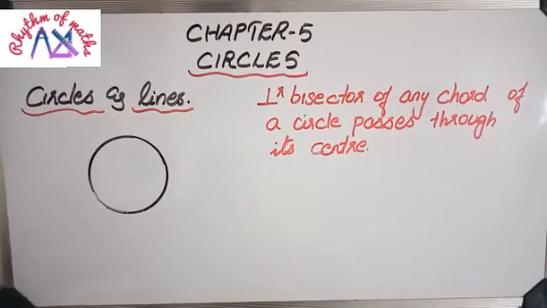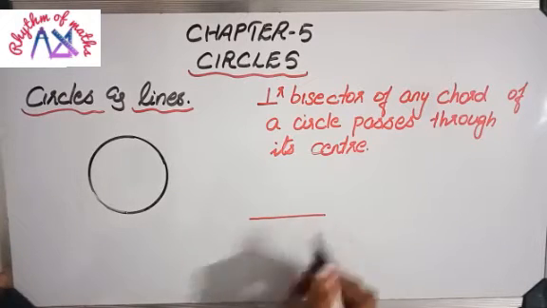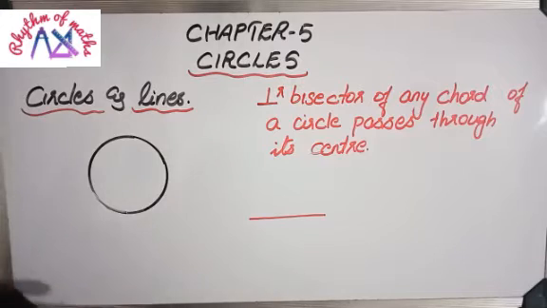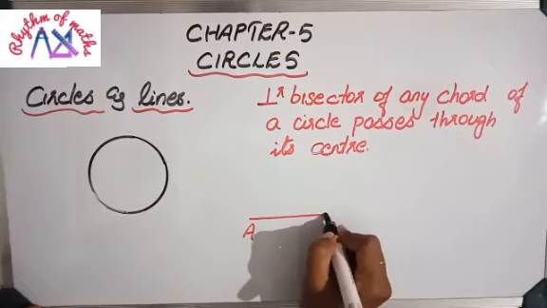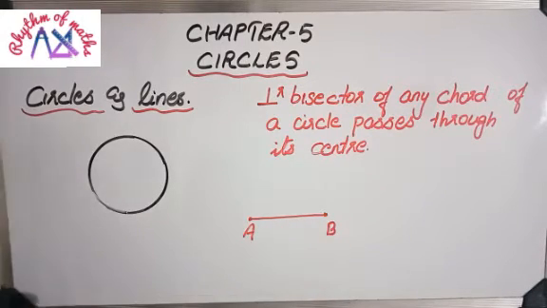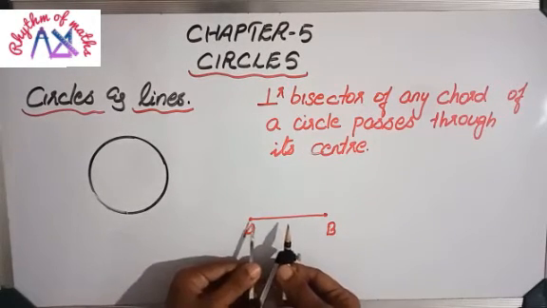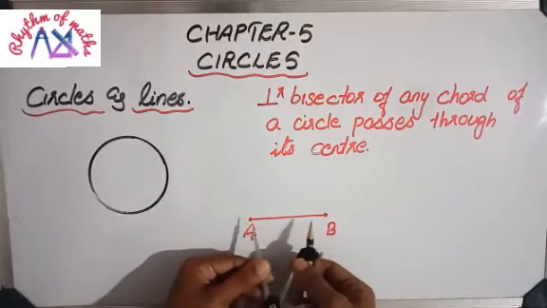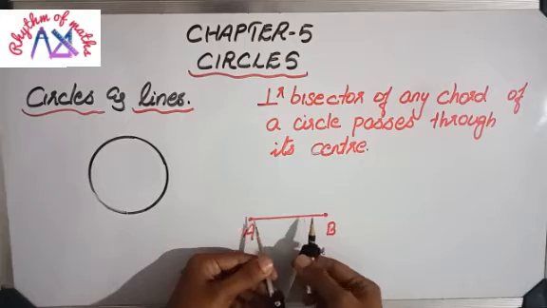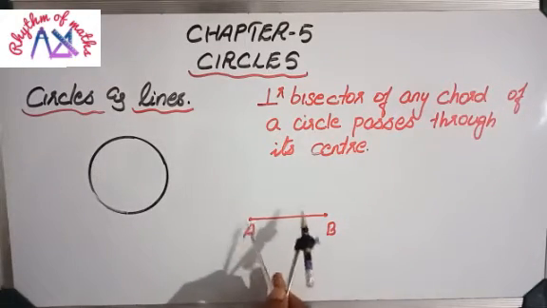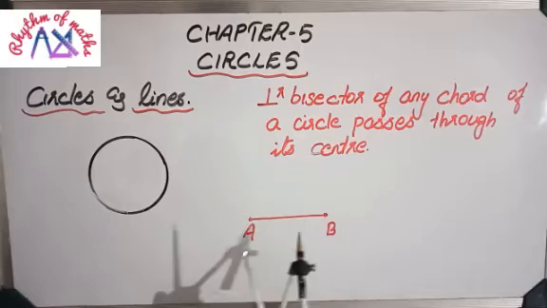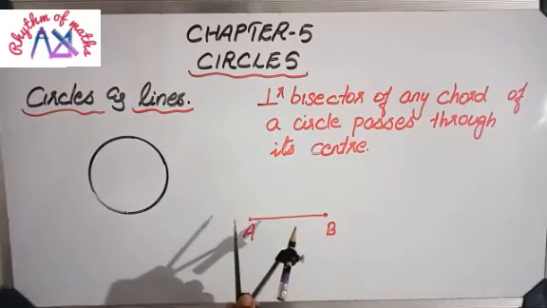What do you mean by perpendicular bisector? You have learned this in 8th standard. How to draw a perpendicular bisector if we have a line like this? By using a compass. Let's mark the points as A and B. Keep the pinpoint at the point A and measure more than half, around 3/4 of that line, and draw one arc in the upper side and one arc in the lower side.